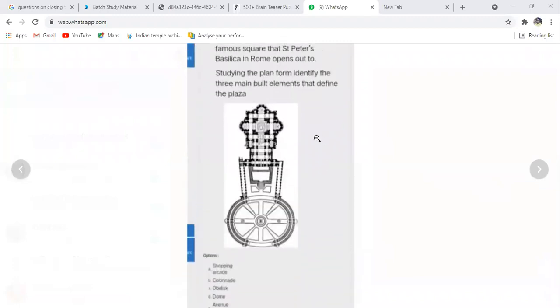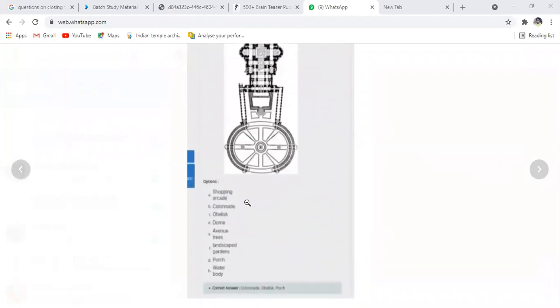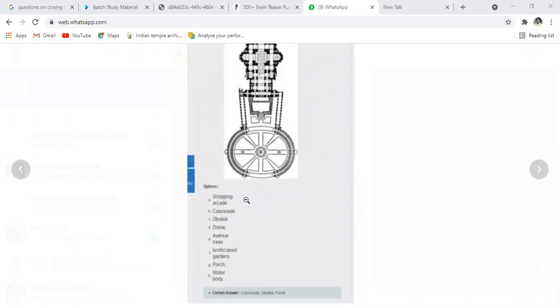Dome, now what is a colonnade? A colonnade is nothing but a circular area, a space with a very high raised rooftop. Once you are inside a colonnade, if you have been to some shopping malls in South India, because the majority are over there, and you go to the very central region of a circular mall and it is very high, that is known as a colonnade.